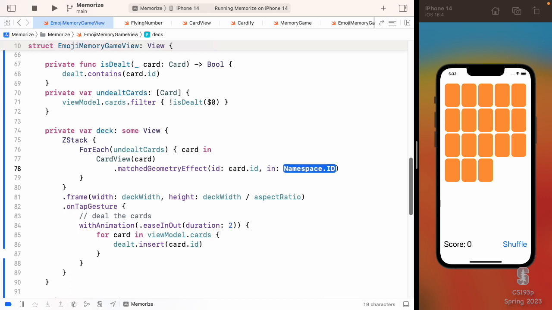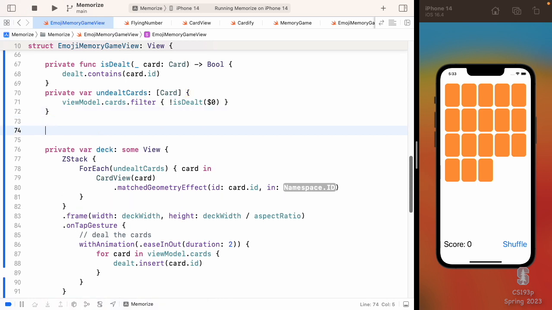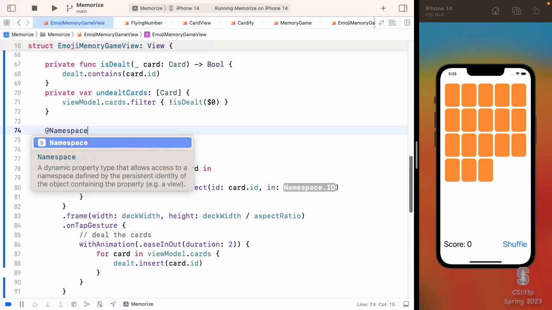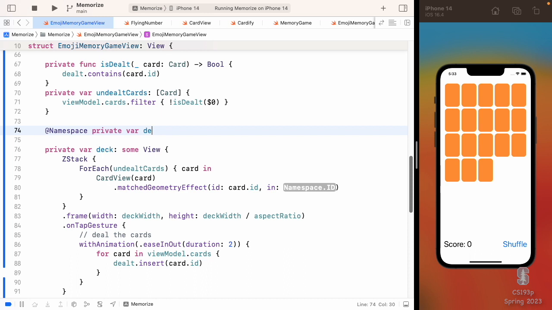So how do I do a namespace? It's really easy. You just make one up right here. I'm going to say @namespace, private var. We'll call this my dealing namespace. And then I just put right here, dealing namespace. Now, as I said in the slides, you don't have to say dealing namespace :namespace. The @namespace, which is kind of like @state, but it's a different one, @namespace. It knows that it's always creating namespaces there. That's what it does, so you don't need to put that on there.